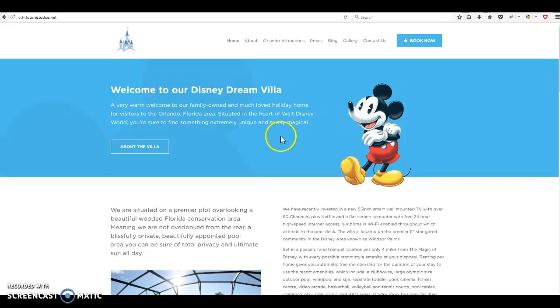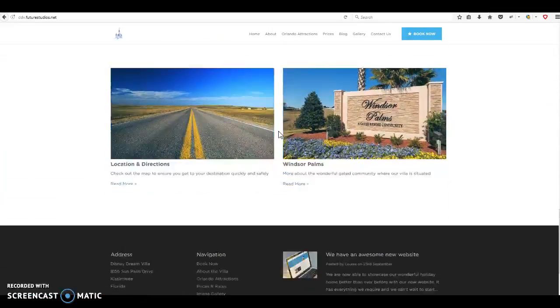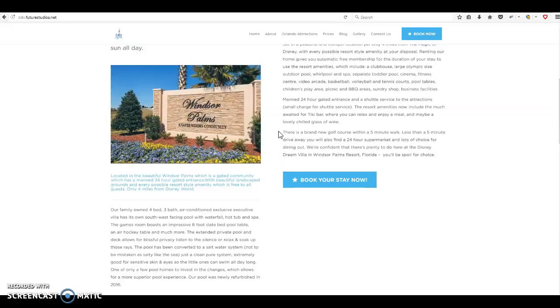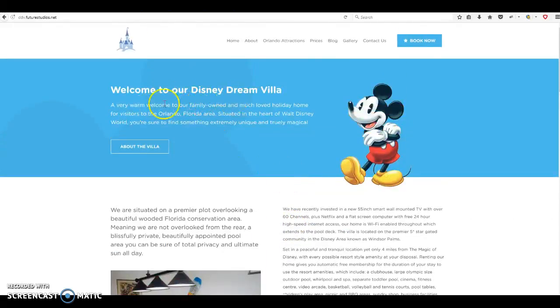Basically, we'll start with the home page. As you can see, we've got a lot of different images and different areas of text, and I just want you to be sure where that is in relation to the back end. So if we start at the top